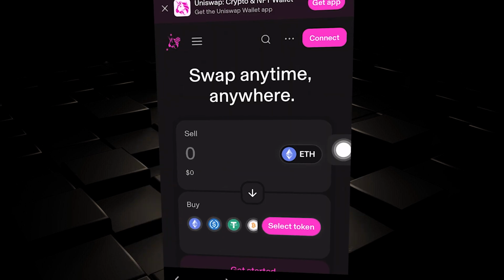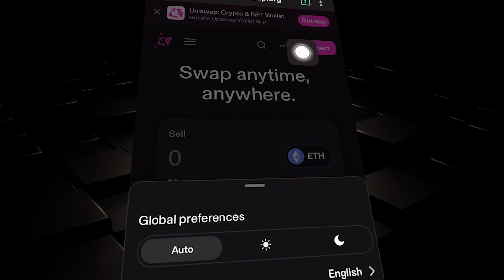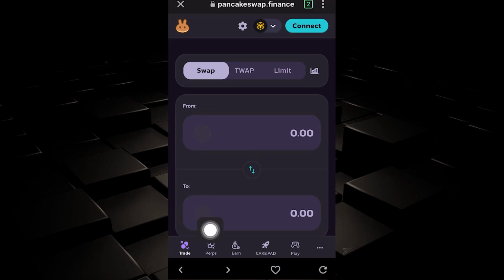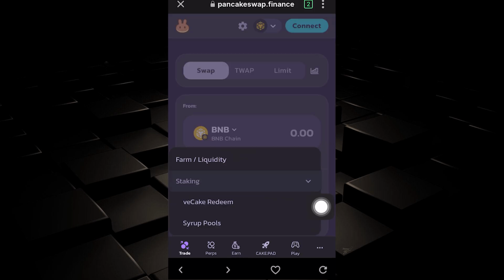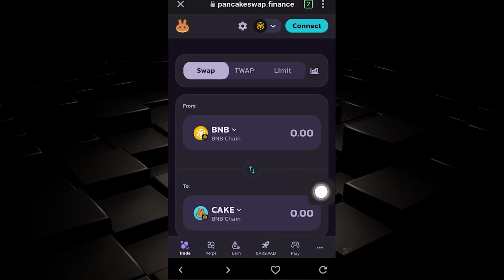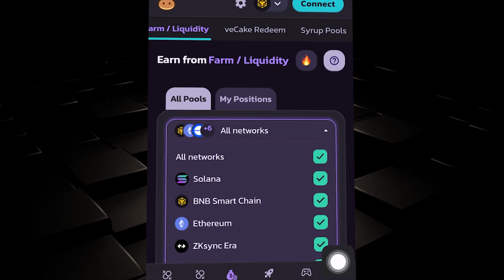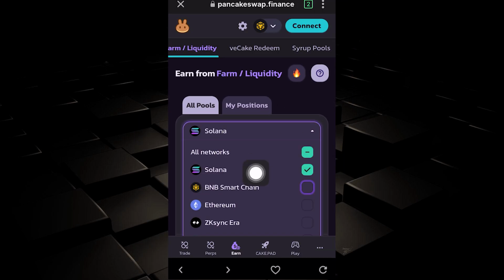Swap to successfully stake. Dots right here. PancakeSwap.finance is going to open up. You earn, the third option right here. Stake, and then select the Solana of your choice from the liquidity. You can change this to a different network for free in the Trust